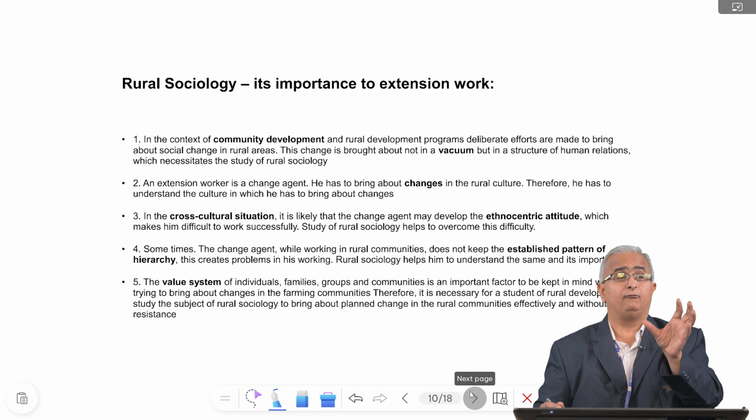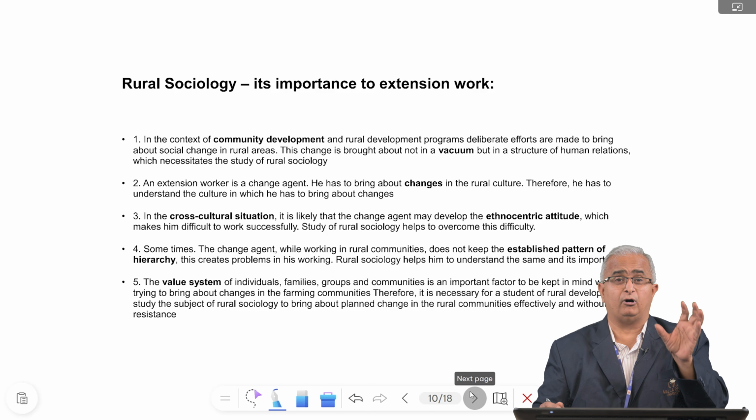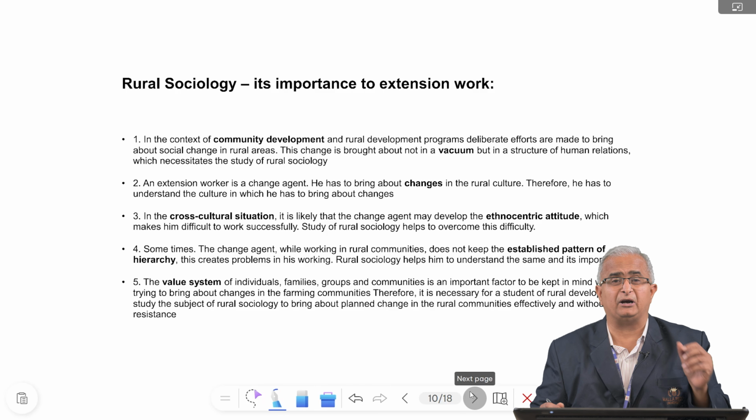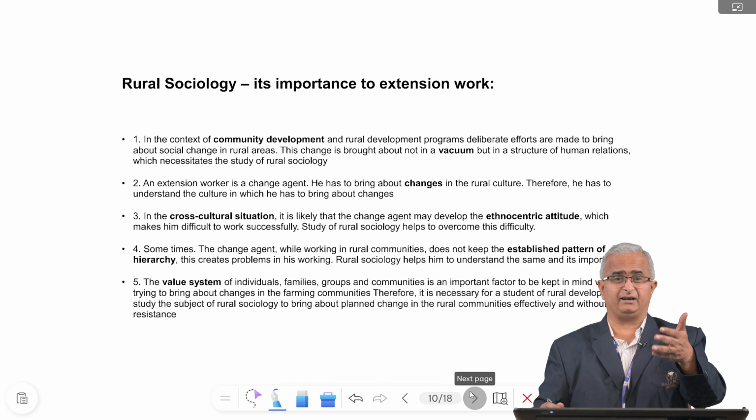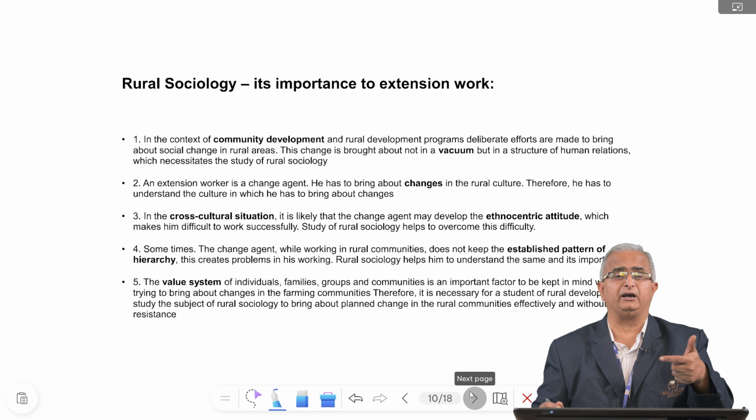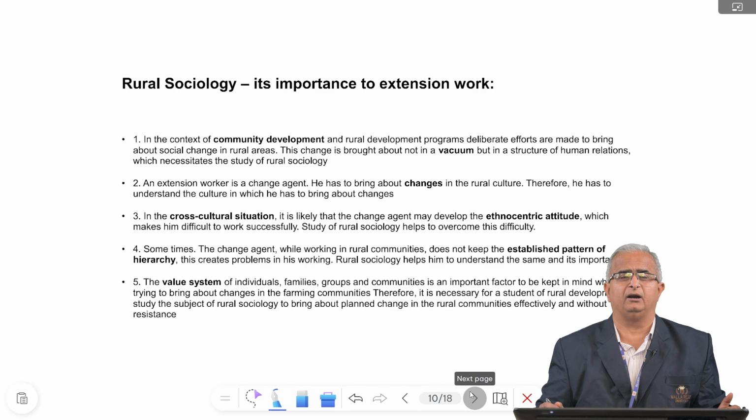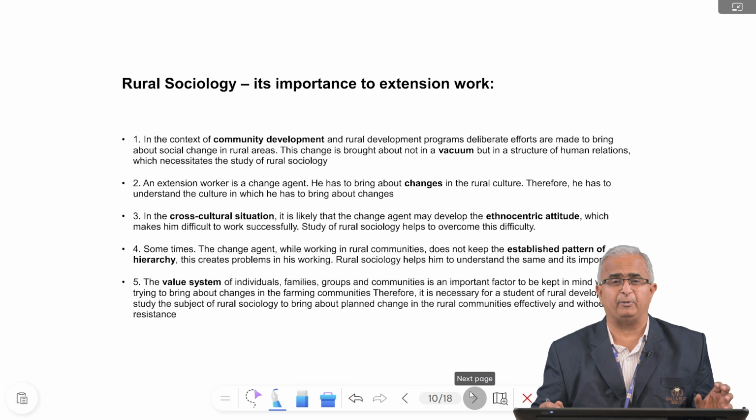For that, you need to modify your own behavior first. You need to understand what established patterns and norms are there, what the hierarchy is. Whenever you are going there, you should be in a position to understand who the decision makers are in that particular area, and what their cultural traits are. If you understand their cultural traits, when you get into that culture and go in line with the culture of the people, then you will be accepted by the people. Unless they accept you, you cannot do anything.